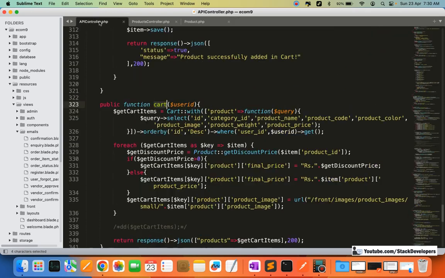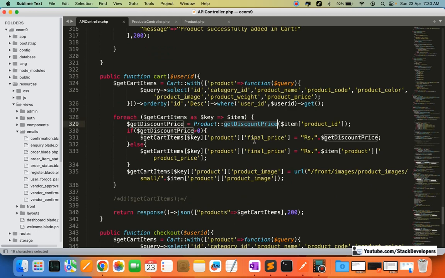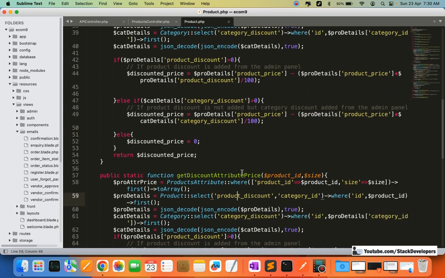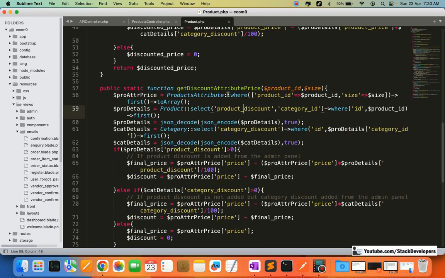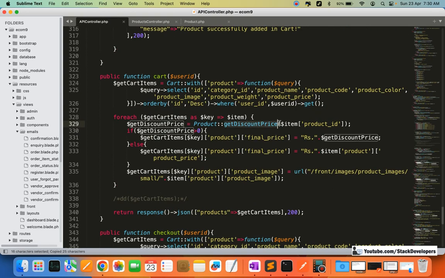So far, in the card function we get the discount price of the product, but that is fine for the listing page. We need to get the attribute price. Attribute price varies with size, so this is the price that we need to pick. For picking this, we just modify the function here like this, and also now we need to send the